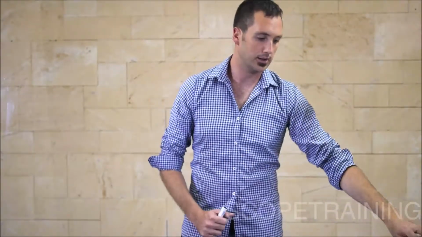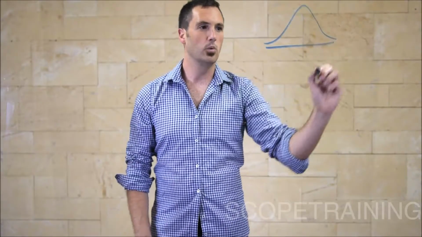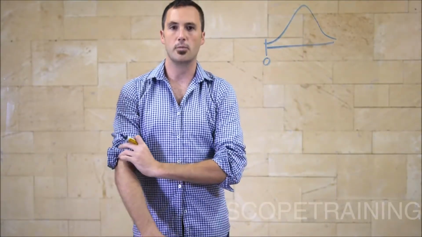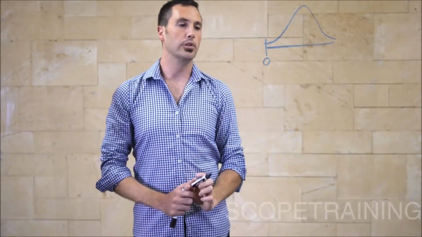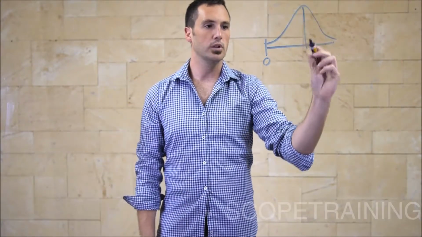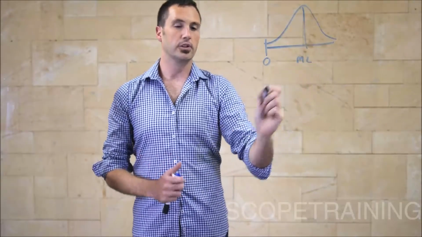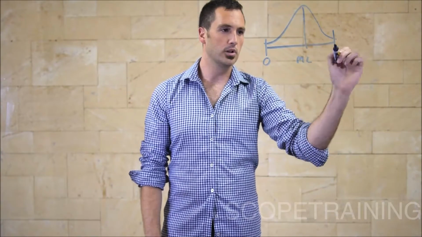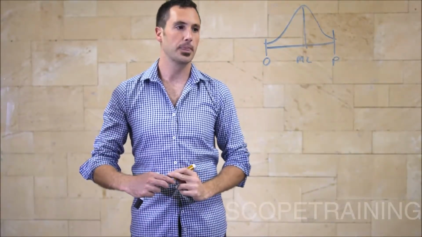Okay, 3-point estimation technique says, instead of just taking the average, let's take 3 points. Pretty self-explanatory. What we're going to take is what we're going to call our optimistic duration, the best case. If we smash this out, if we do it as quickly as possible, what is the quickest we can do it in? We're going to take our average, which I'm going to call most likely. So 50% of things go our way, 50% of things go against us. What should it take? And we're going to take our pessimistic, our worst case. So if everything goes against us.